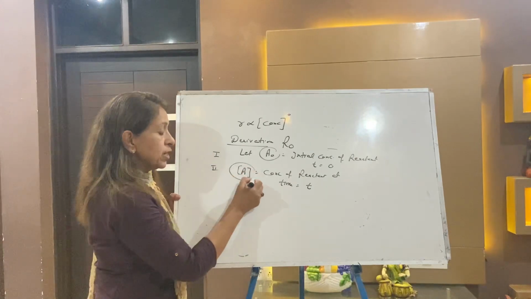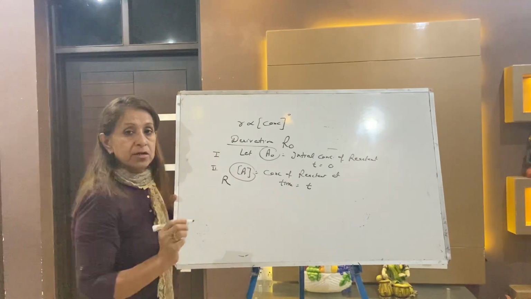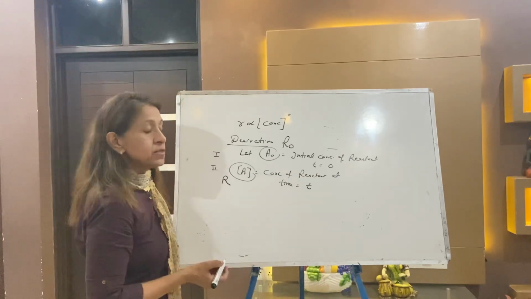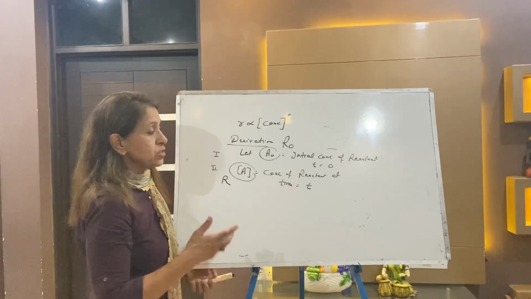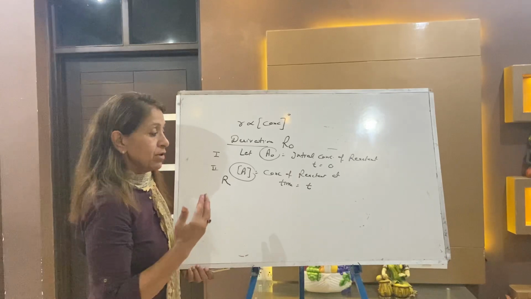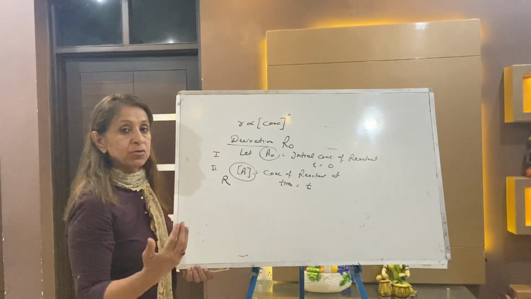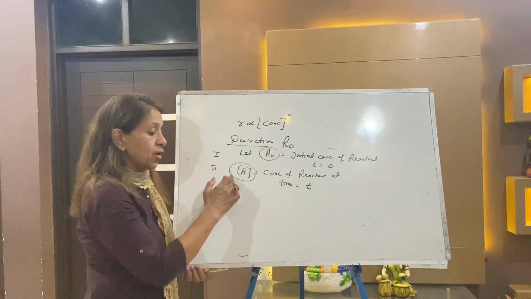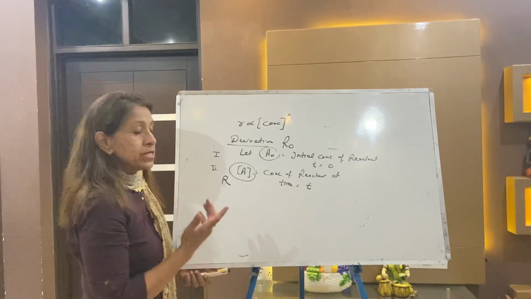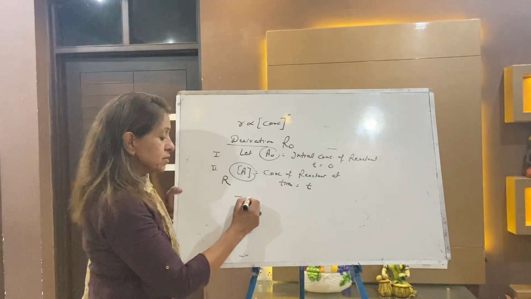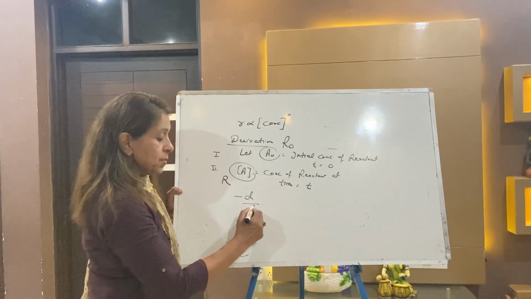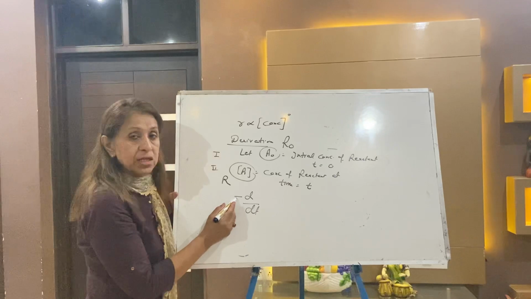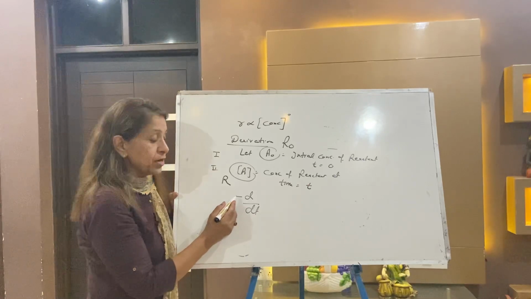You may call it A or R, R for reactant. Initial concentration when the time is 0, either you suppose it is A naught or R naught. When the time is any time, 20 minutes, 5 minutes, that is time t, you suppose it is A or R. Now what is the rate? Minus d[A] by dt. You know what the minus is for? Minus is for the decrease in the concentration of reactant.